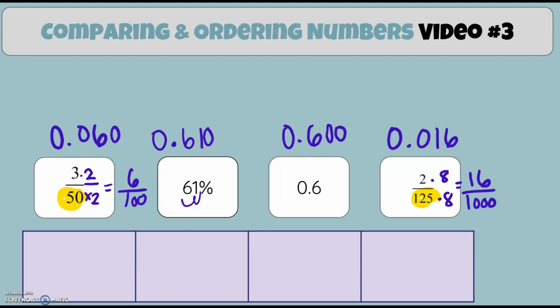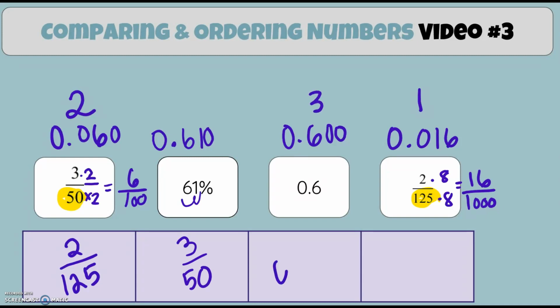So the smallest number out of all of those would be 16. This doesn't have directions, but if I was asked to order from least to greatest, 16 is the smallest number. So that's 16. Again, I always want to rewrite my original. It would go in my first box. So now I'm looking at 60, 610, and 600. So 60 would come next. And then 600 would come after that. And my largest number would be 610, which is